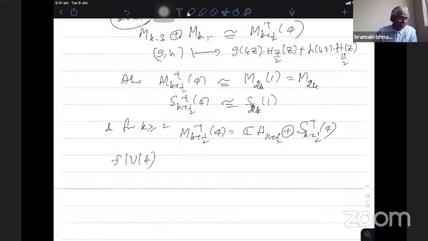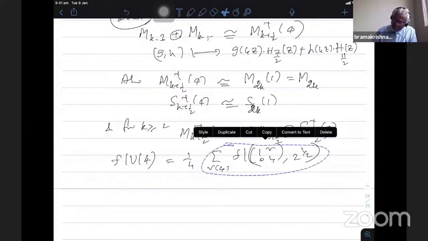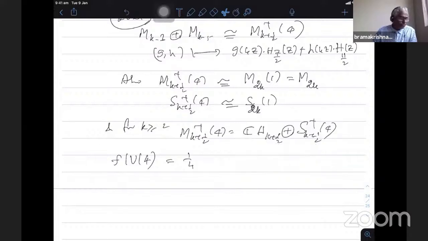Take operators for prime P equal to 2, which is summation over V modulo 4 of f bar 1, V, 0, 4, 2 power half, with an extra automorphic factor I have to take. So no, not like that. See, I think better I have to be careful here. Got it. So this is 1 by 4 summation. After applying the operator, this is f of z plus b by 4. Okay, so if I put the stroke operator, this constant I have to take care.